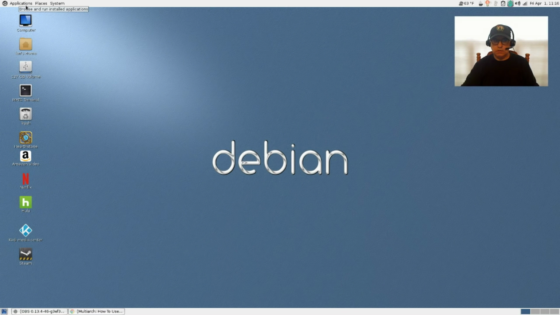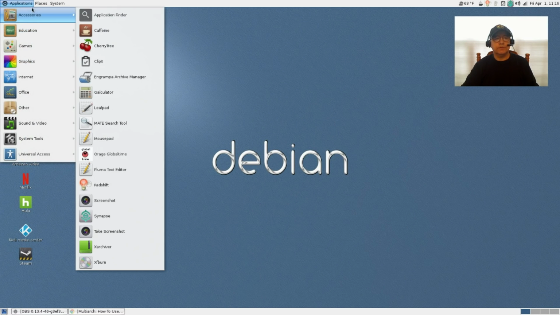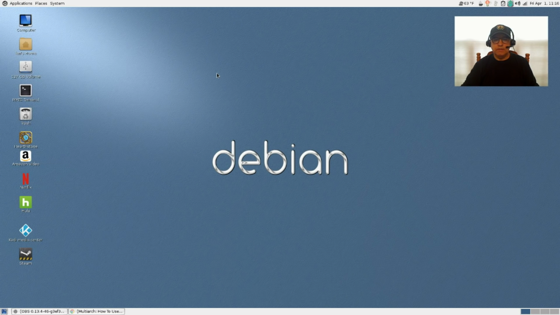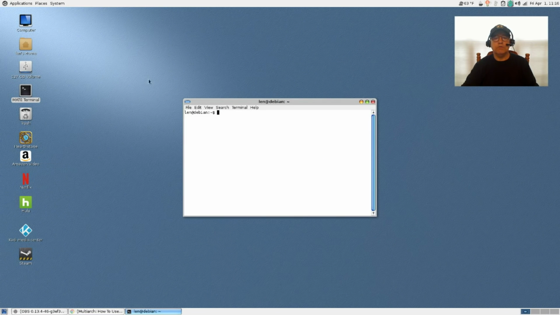Now, in the later version of Debian, which is what we're talking about, the command to install your Nvidia driver is, and I will show you, sudo apt-get install nvidia-driver.